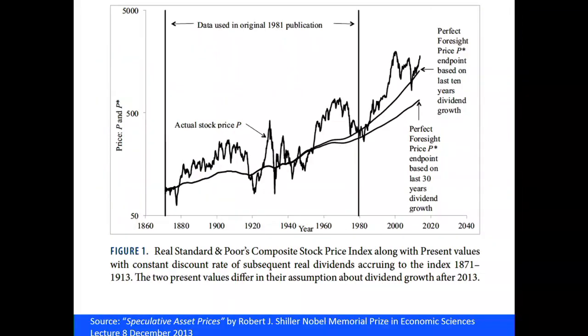His argument is the market can't be efficient because if people are really doing this, then prices wouldn't fluctuate so much. So this jagged line is the actual stock price. And the line over here, the smoother line, that's the real dividends discounted at an appropriate rate. And he's saying, well, if you look at this, there are wild fluctuations in real prices which don't seem to match the changes in real dividends. So the market can't be that efficient, is his point.